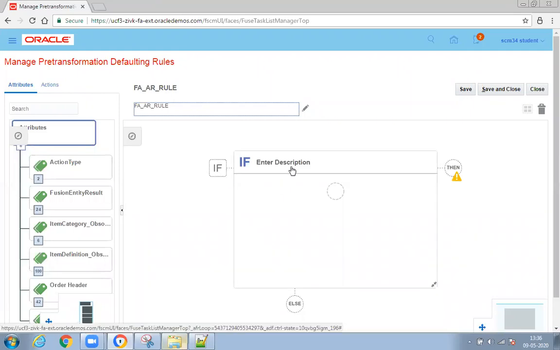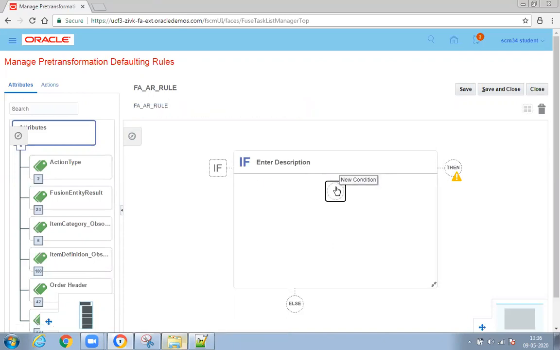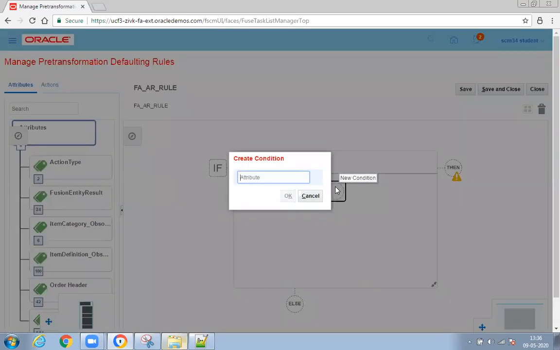Based on your business requirement, you have to define all your business rules. And once this condition is satisfied, what is the action you are going to perform? So let's assume, based on my business unit, I am going to assign billing transaction types while creating the sales order.